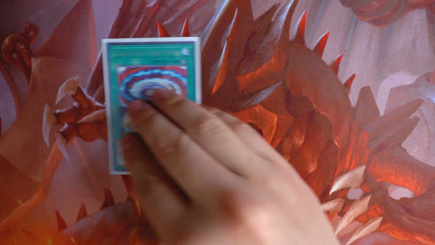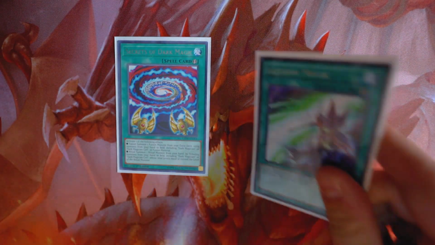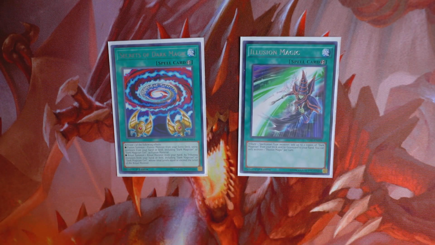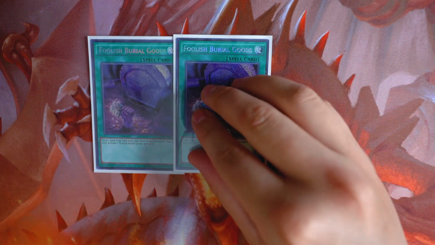And next off for the one-ofs is Secrets of Dark Magic, and last but not least, the Illusion Magic. To round off your Dark Magician spell cards in the deck, Illusion Magic searches your Dark Magician. Secrets of Dark Magic helps you make the Dark Magician fusion, which is absolutely incredible, right? So 1 of each. Next off for your support cards, you're going to play, of course, triple Foolish Burial Goods